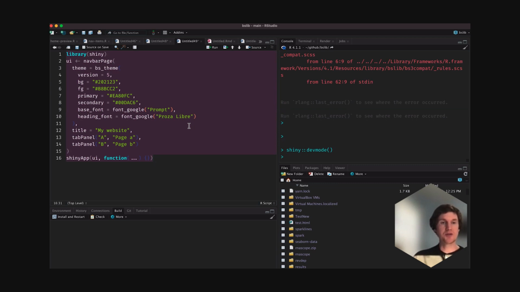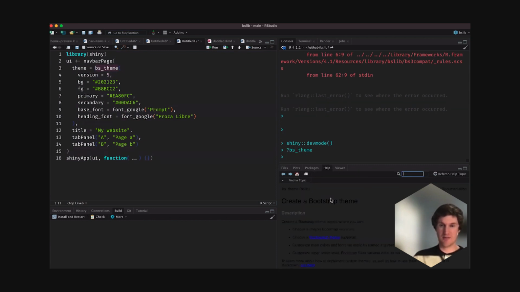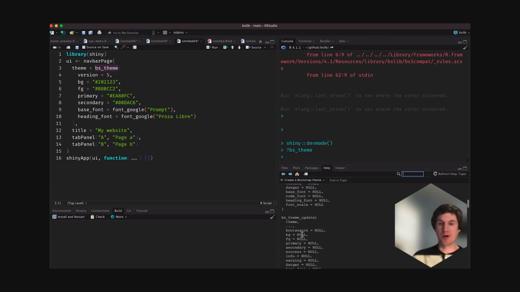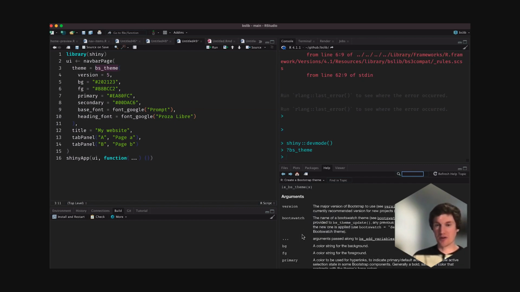All right, but let's do a little bit more here. As I mentioned, like this BS theme, we really only have like 10 or 15 different arguments documented here. The Bootstrap version, a Bootswatch theme if you want one, and then the more main color and font settings. But if you want to get more targeted with your theming,